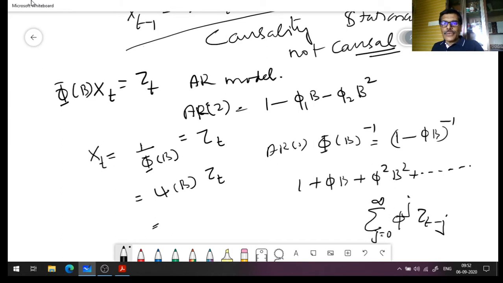And in the AR2 case, I may not be able to write like this, but it is essentially this to the power of minus 1. This means this quantity to the power of minus 1 and multiplied by zt. So that's what it is. What I'm trying to say is that the convergence depends on the roots of the polynomial equation. So I'll be able to write a polynomial equation. What is the polynomial equation that I'll be writing? Phi z. And then try to find the roots of this equation, phi z equal to 0. And if the roots lie outside the unit circle, we have the convergence or we have the causality.